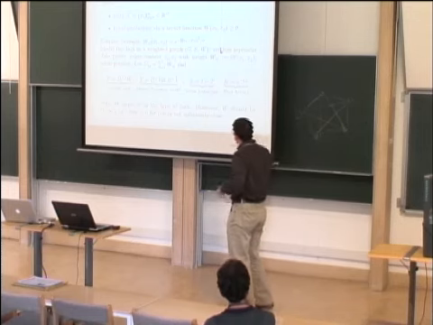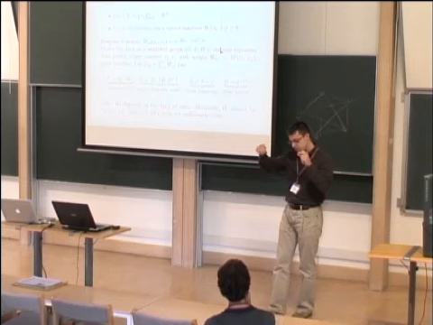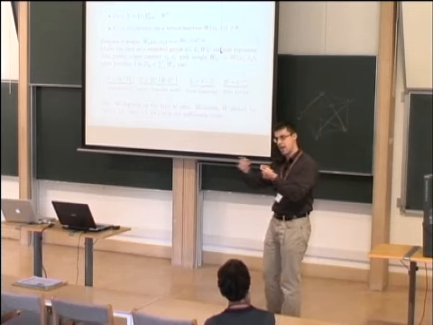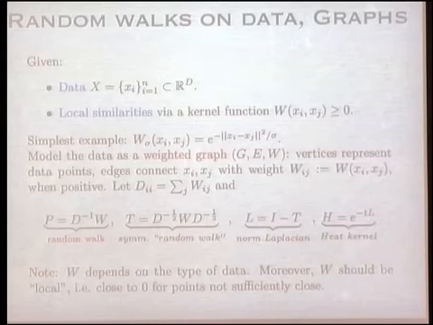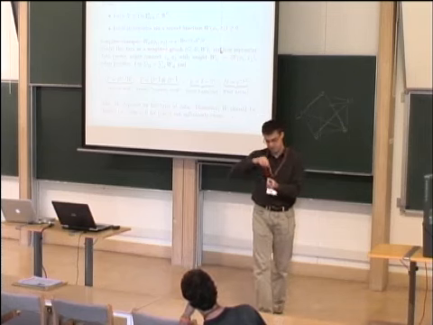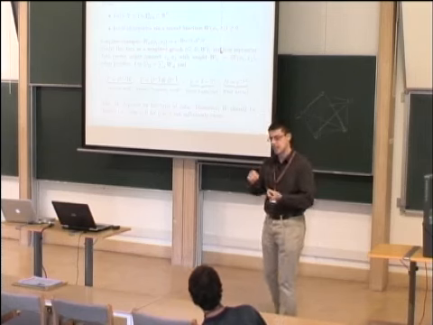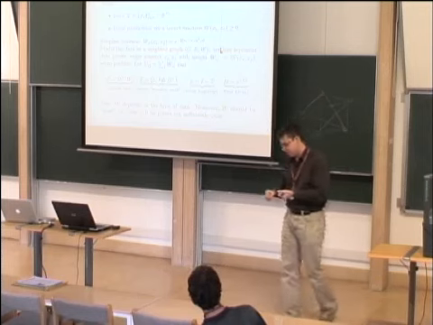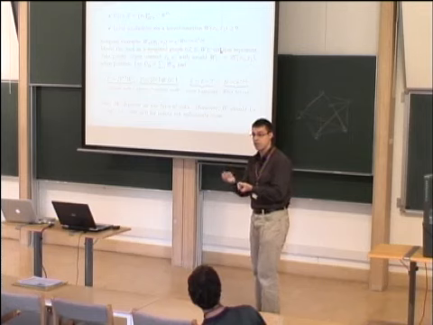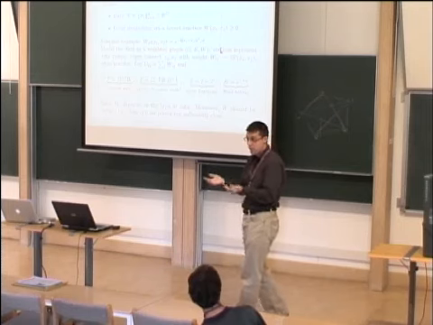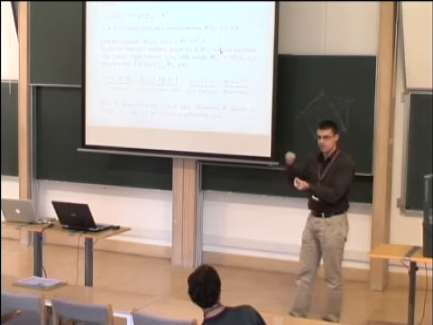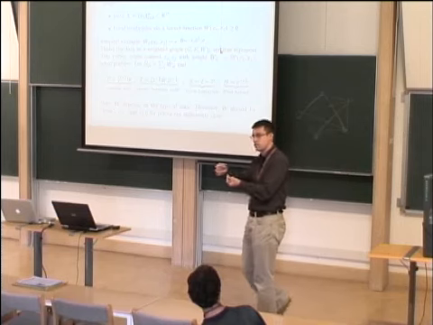Given that, we can construct a weighted graph from the data set where the vertices are the data points and are connected by edges weighted by that similarity. And whenever you have a weighted graph, you have lots of canonical objects on that graph. Perhaps the most canonical one is the random walk. That's supposed to be a Markov chain on the data set. In order to define that, you need to assign probability of jumping from data point i to data point j. And we would like to pick that equal to our similarity function. The more similar j is to i, the more likely we should be to jump from i to j.